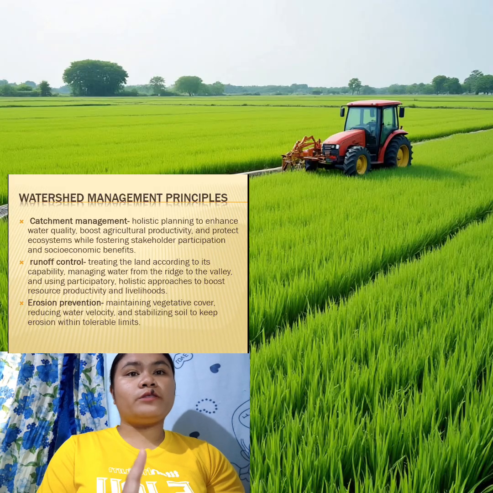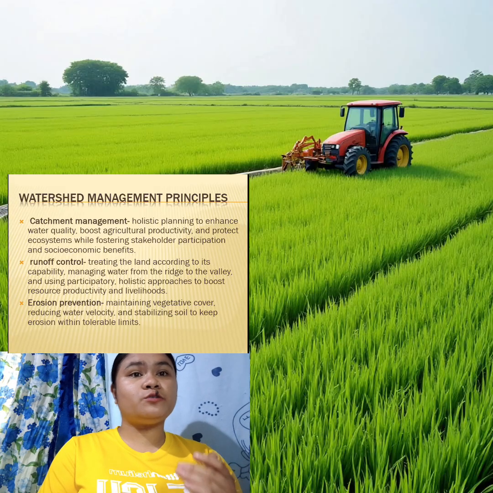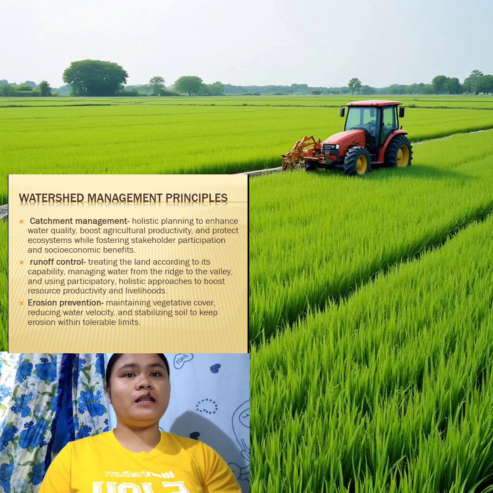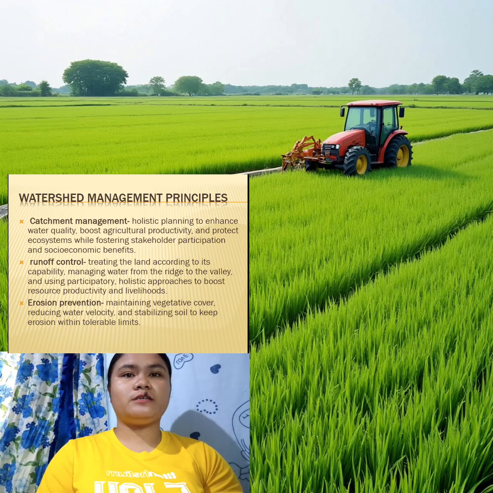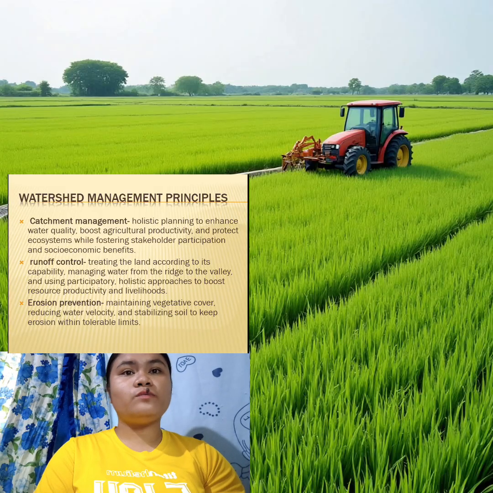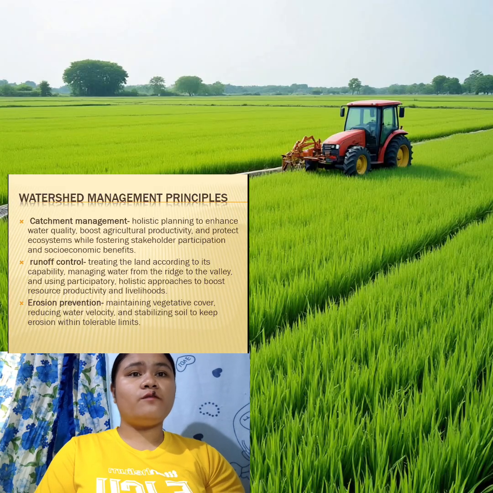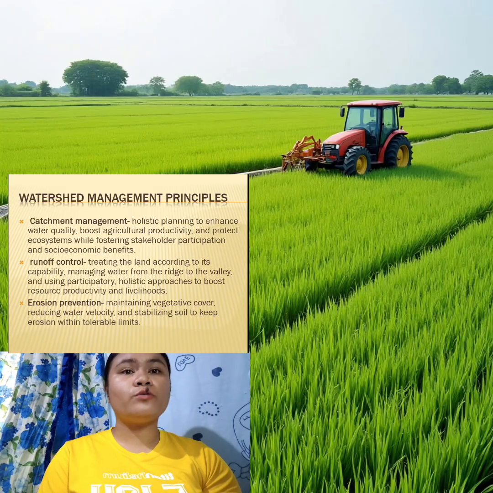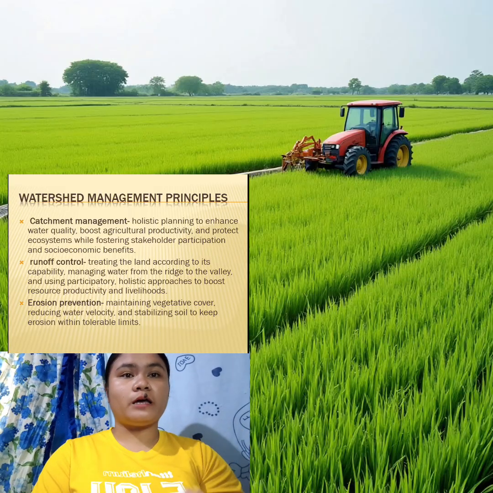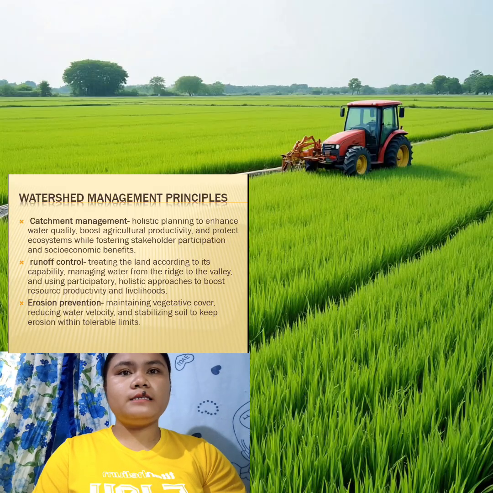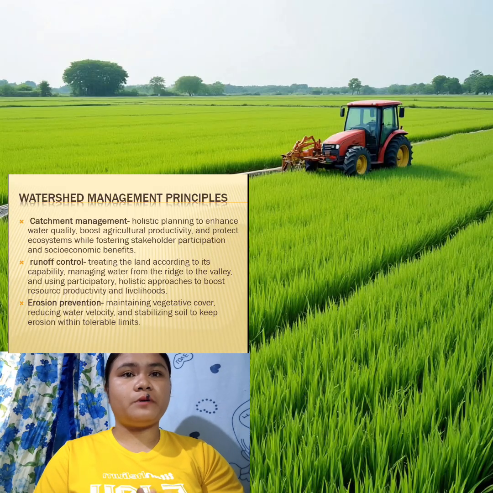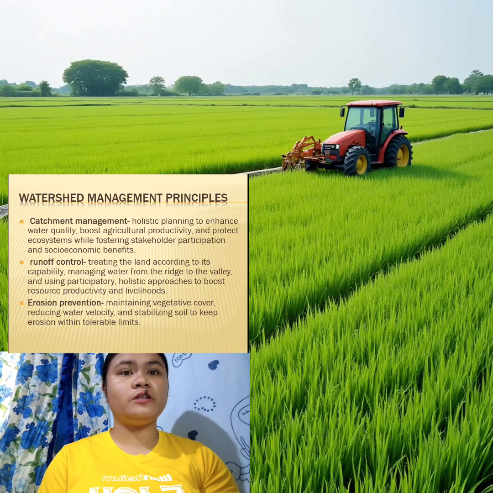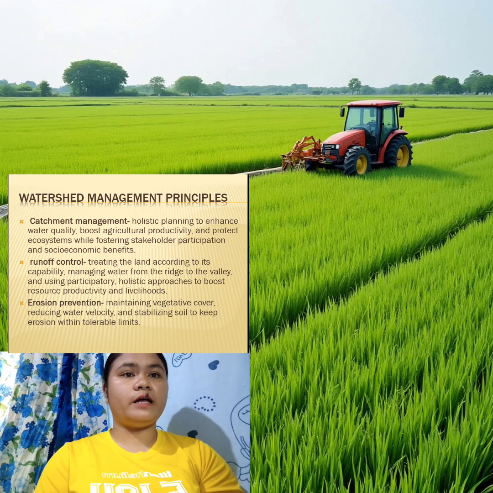Next is the soil-water relationships. It involves moisture retention, infiltration, and water holding capacity, which are essential for efficient irrigation decisions. And then water quality must be monitored for contaminants, pH, salinity, and nutrients to protect both human health and agricultural productivity. Last but not the least, the watershed management principles: catchment management, runoff control, and erosion prevention to guide the sustainable use of land and water